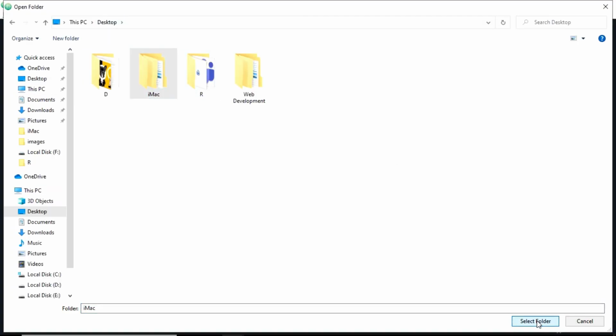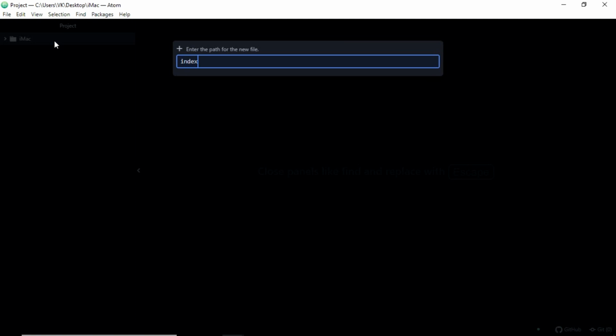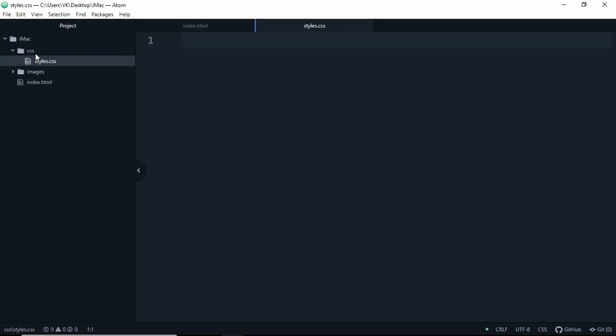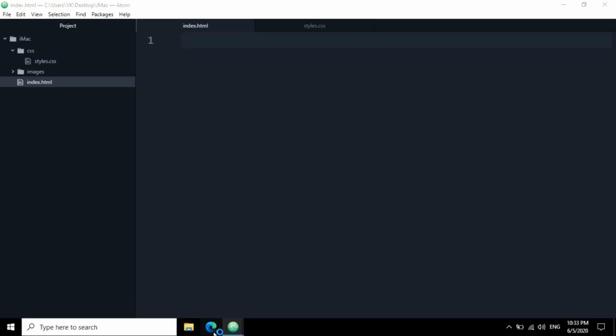Add the project folder in the Atom text editor and make a new file that is index.html, and make a new folder that is CSS. Inside CSS we'll make a new file that is styles.css. So now let's click on index.html, open your browser